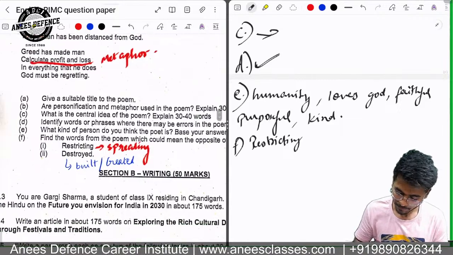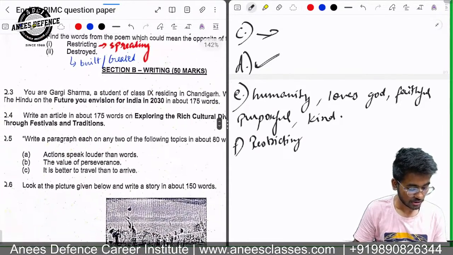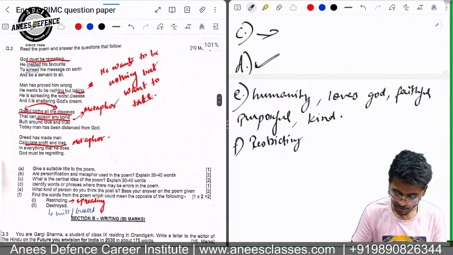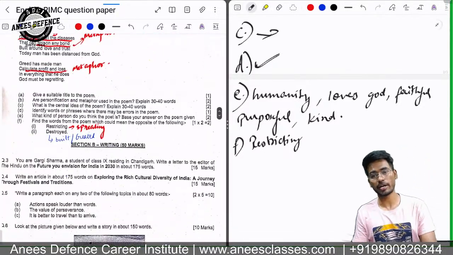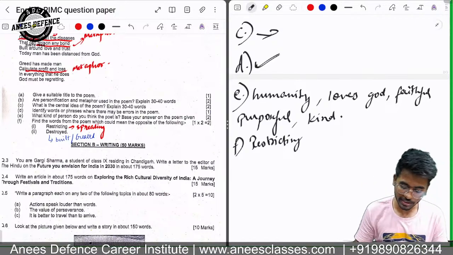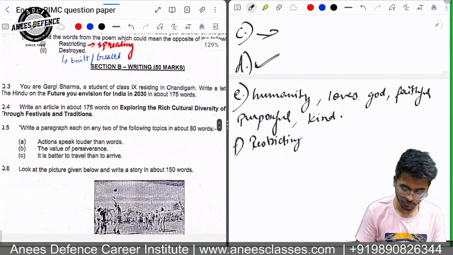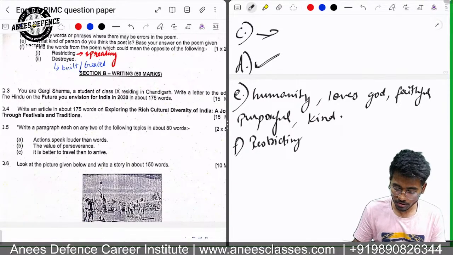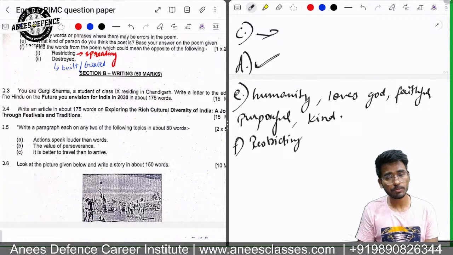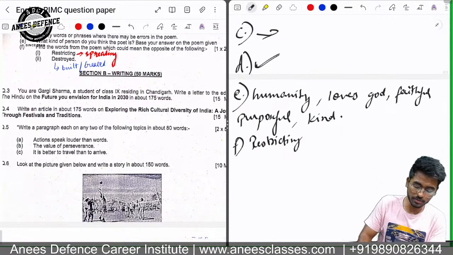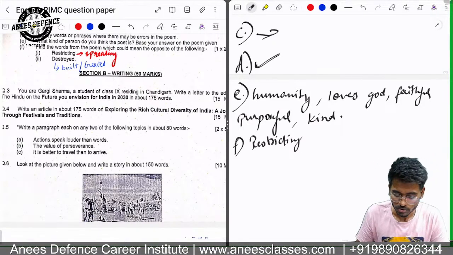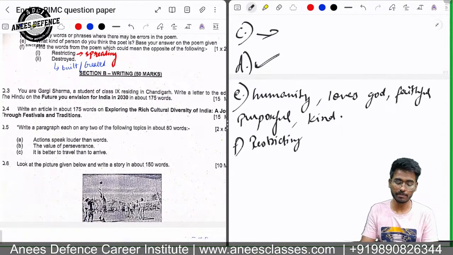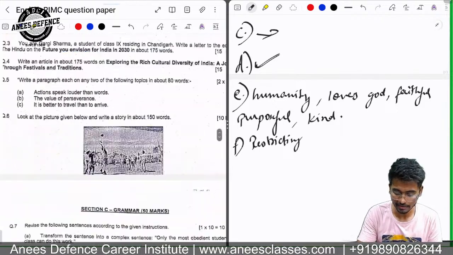Okay. Yes. So we have solved the reading section, the section A, and I hope that you have solved all the questions correctly. Okay. So we'll be solving section B now, that is the writing part, which is of 50 marks. So I'll just discuss the writing part with you. What would be the content that you should write, and I hope that you have written all the things carefully. I will be just discussing what would be the content in the writing part, and then we will immediately go towards the grammar section.